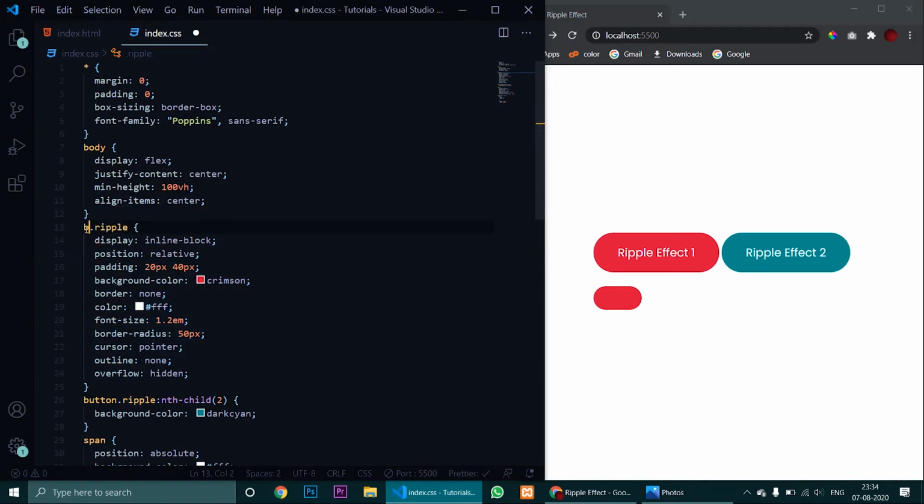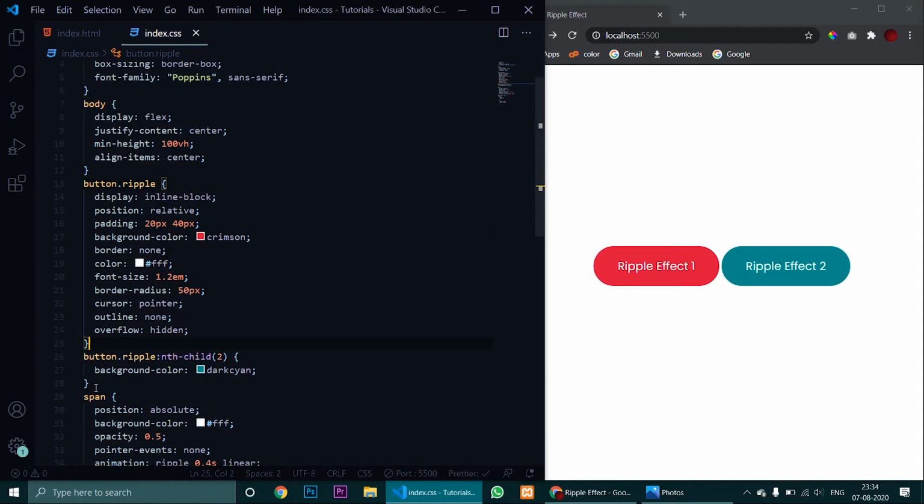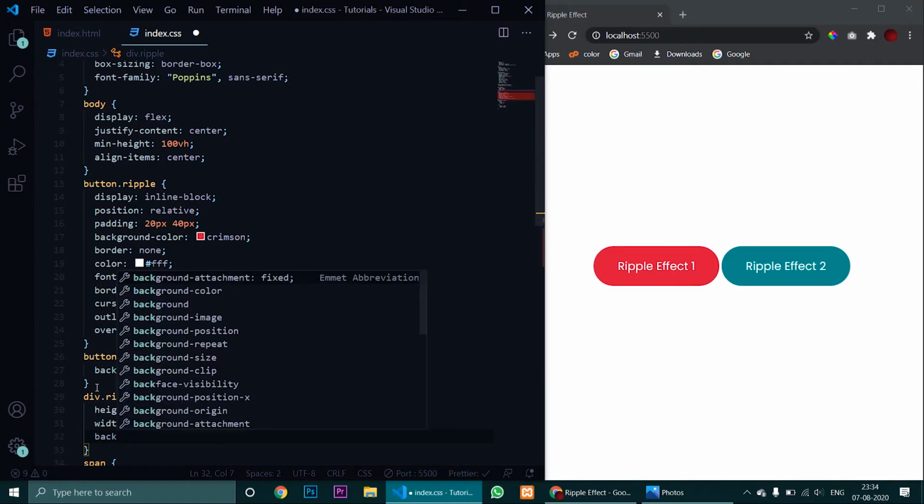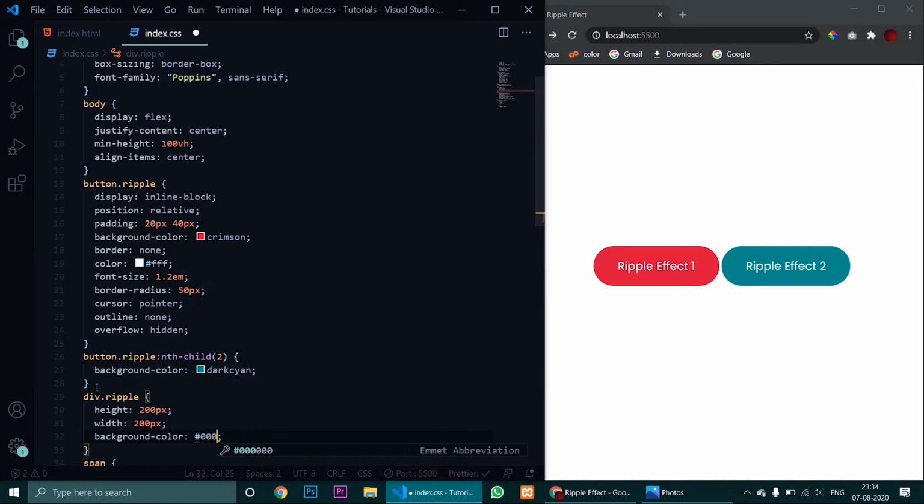So let's give it button.ripple so that it limits itself to the button tags only. Now let's define something else for div.ripple. Let's say a height of 200 pixels, a width of 200 pixels, and background color of, let's say, black.